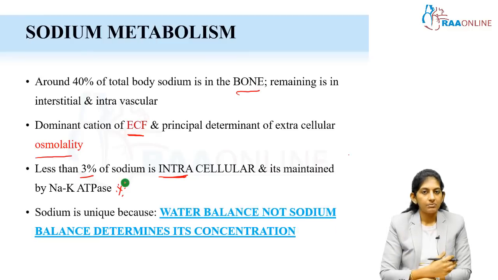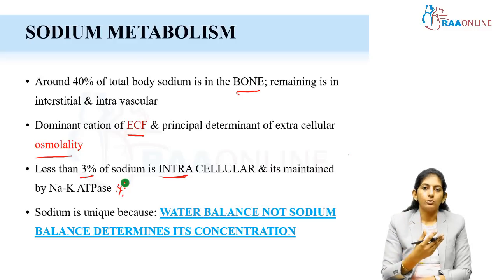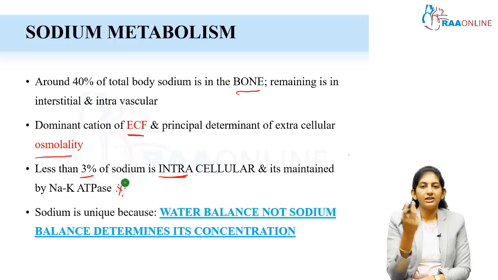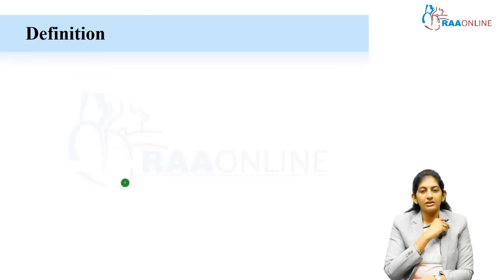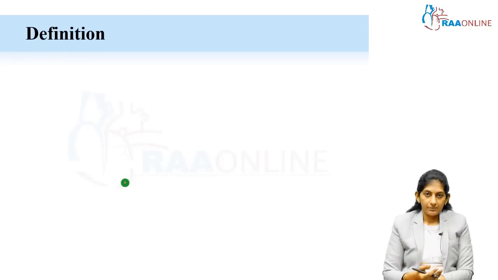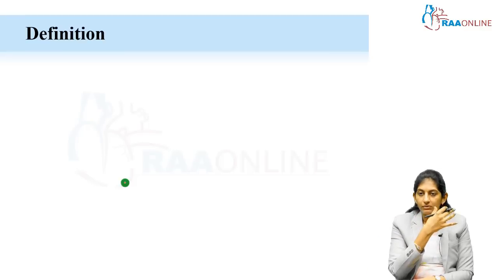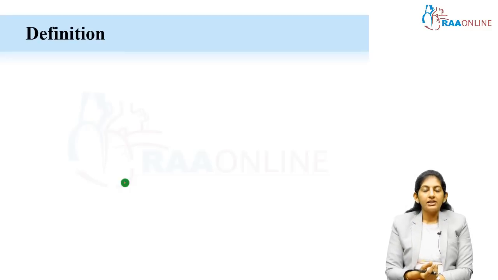And this is what I was explaining to you. Sodium is unique because the water balance inside the human body, inside our system, will determine its concentration, not sodium alone per se. So the clinical feature will be dependent on how much water is there. So whenever we get children with hypernatremic dehydration, although they have dehydration, because of the hypernatremia there will be no features, it will be masked. The clinical features of dehydration like skin pinch going very late, the sunken eyes, all these things will be masked.